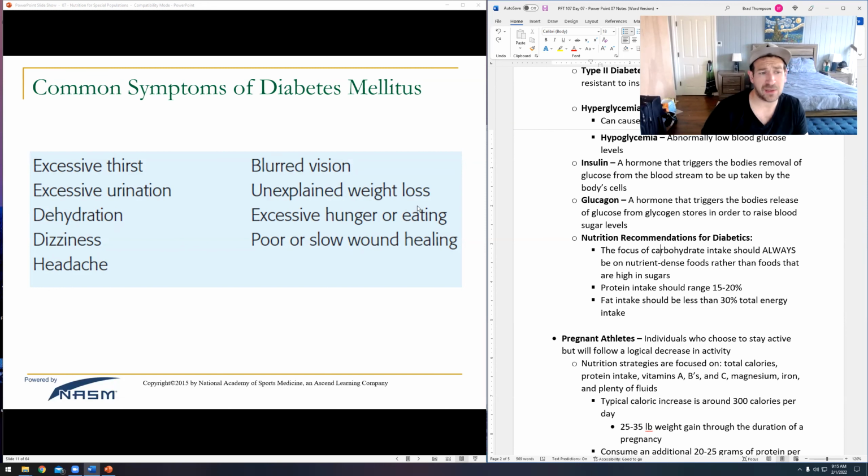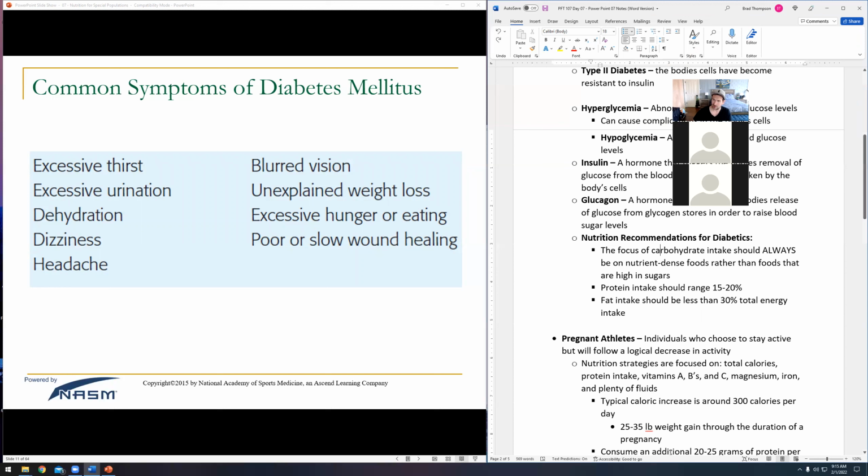So symptoms of diabetes, you'll see excessive thirst is one. That's your body trying to bring in water to thin out your blood so that it can function a little bit better. Excessive urination, that's actually kind of interesting because you're like, wait, I'm thirsty to get more water, but I'm also urinating more and I'm losing water. That doesn't make any sense. Again, it's a disease, right? It's causing your body to function in ways that don't make sense.